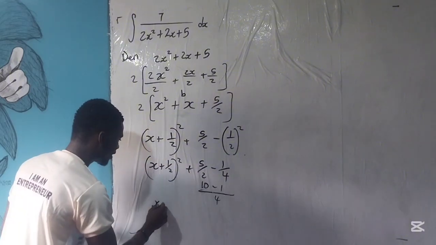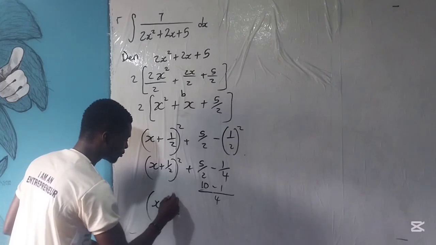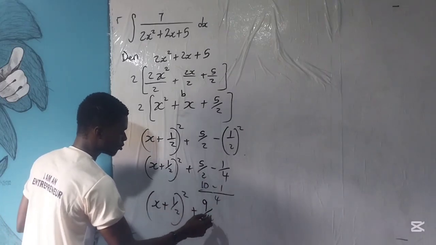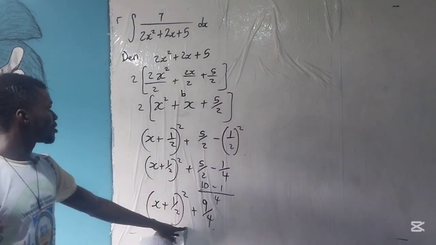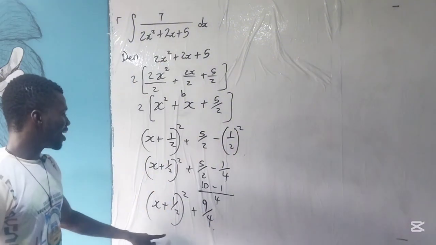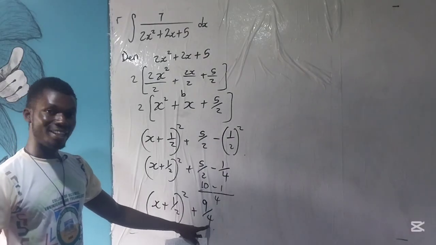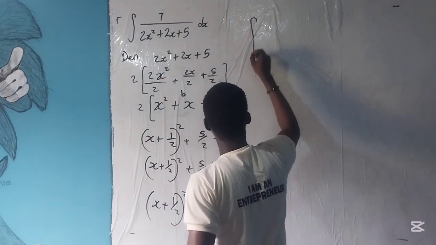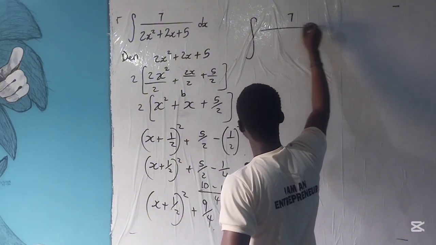So that means we have x plus 1 over 2 squared plus 9 over 4. So this is the same thing as this denominator. We have factorized it. But now when you look at 9 and 4, they are perfect squares, right? Now, at the end of the day, we can rewrite our question to be the integral of 7 over